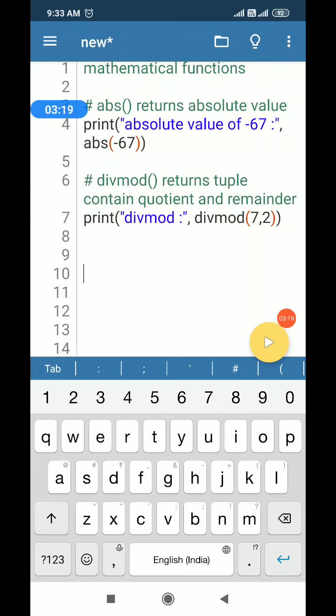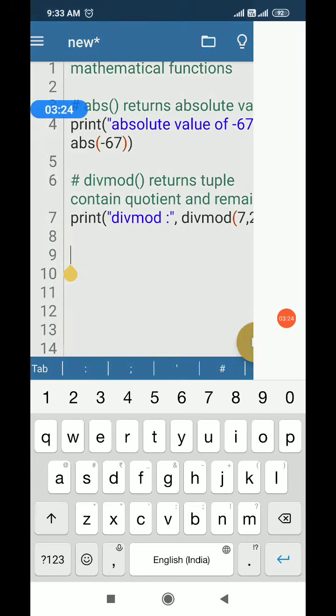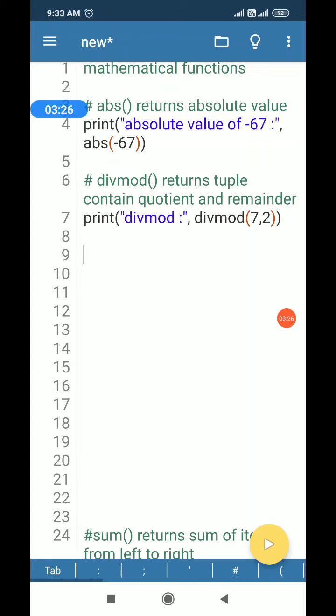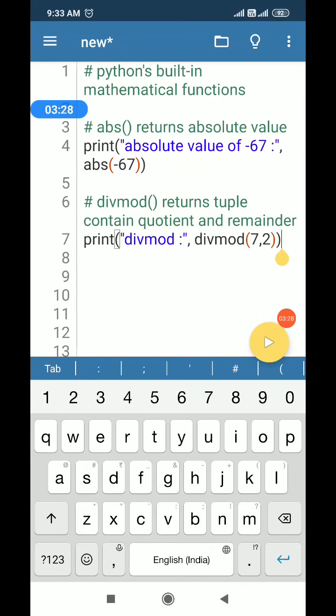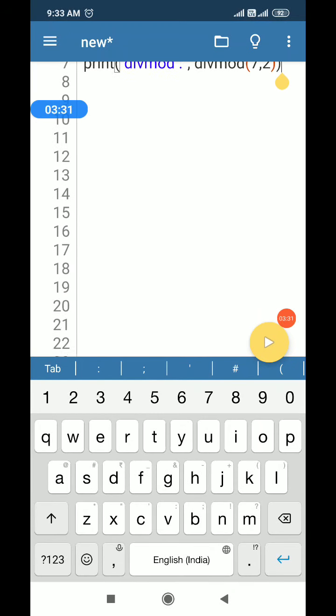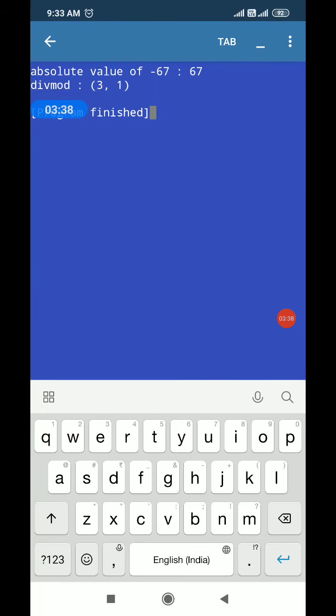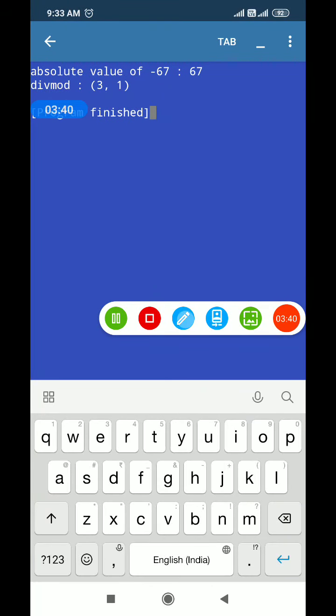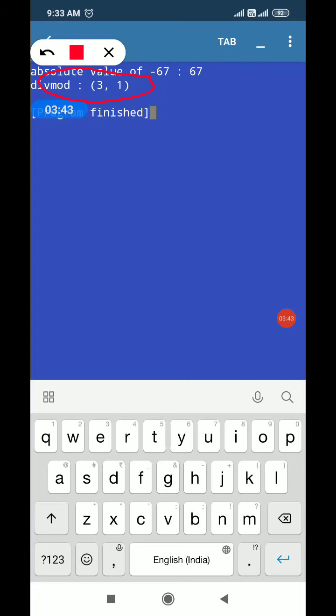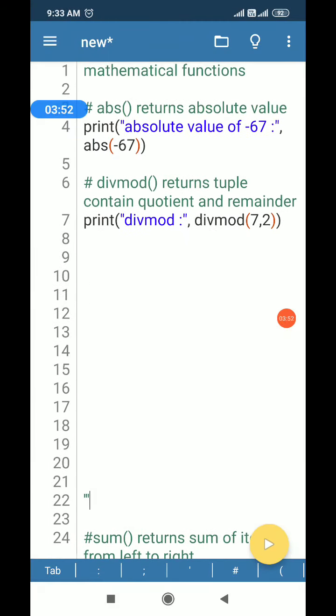So let's see what it will give you. Okay, so now you can see here it will give a tuple which contains 3, 1, where 3 is the quotient and 1 is the remainder. Coming to the next function,